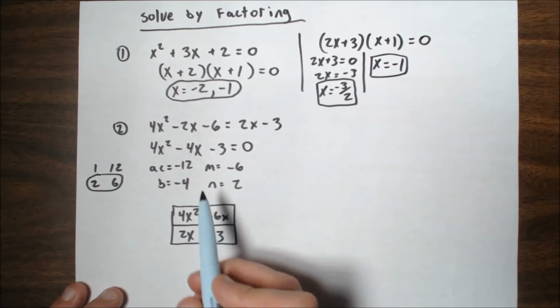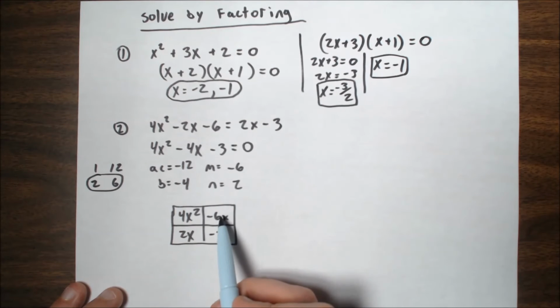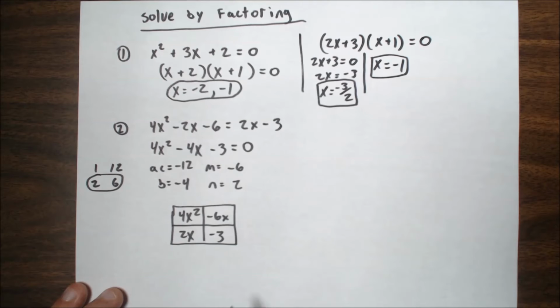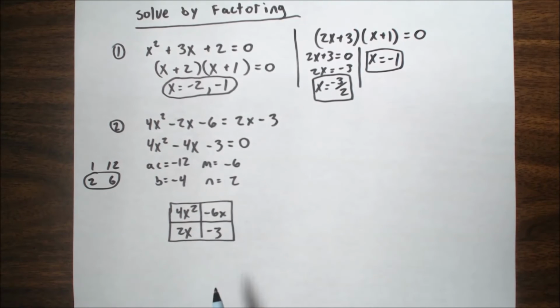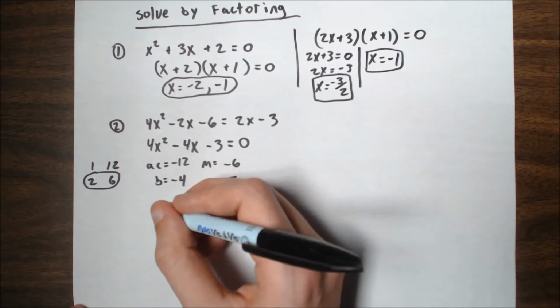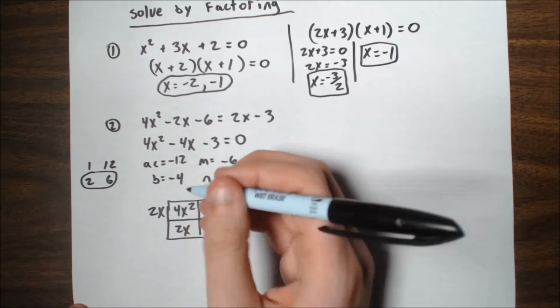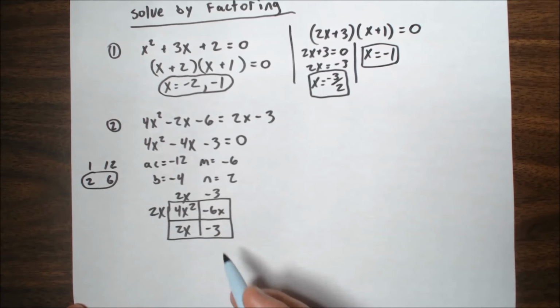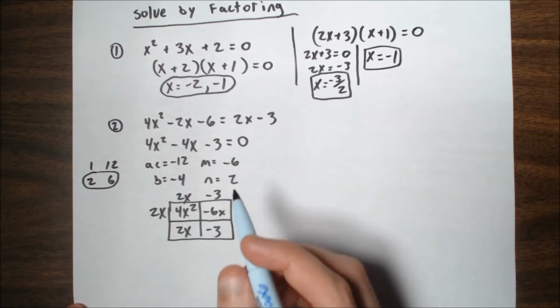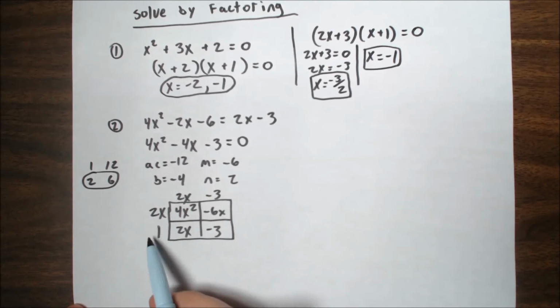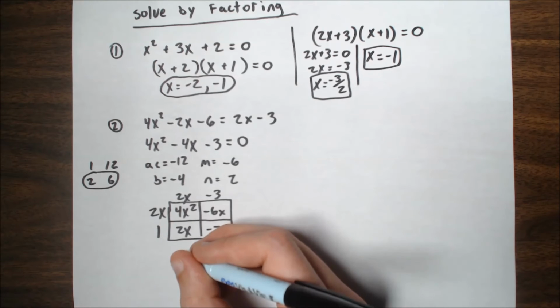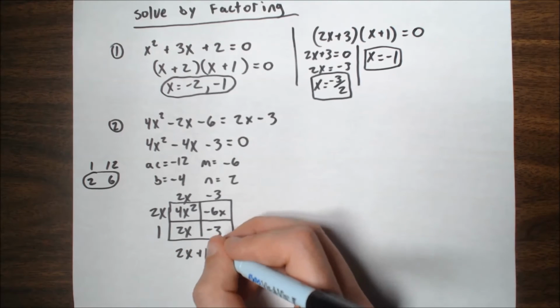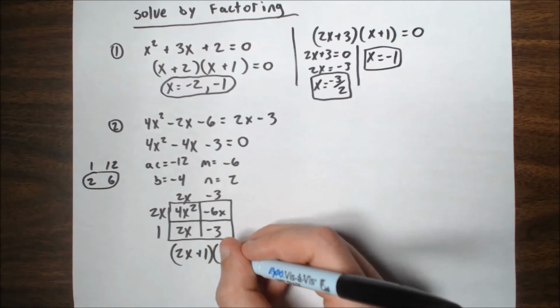So there's my middle term that got split apart into negative 6x and 2x. The greatest common factor for that top row looks like a 2x, which leaves 2x and negative 3. And if I pull out a 2x or a negative 3, either way down here I get a 1. 1 times 2x is 2x, 1 times negative 3 is negative 3. And so now it's factored. You've got 2x plus 1 and 2x minus 3